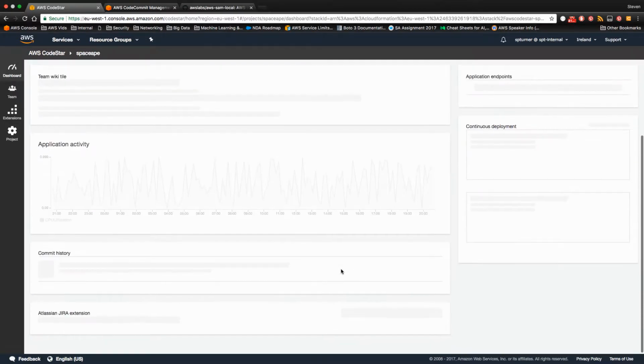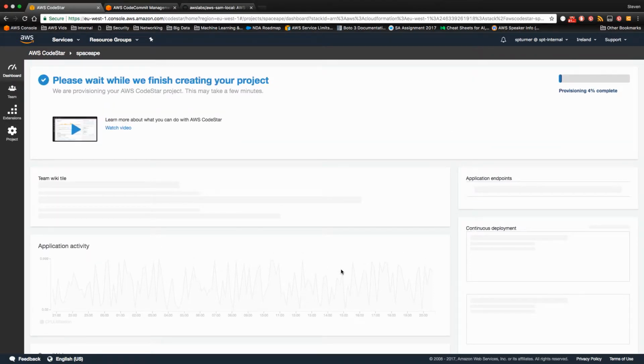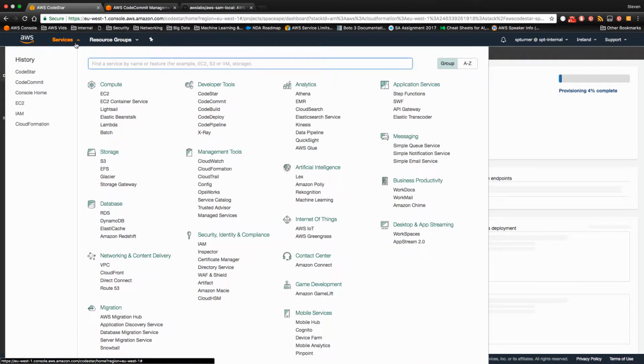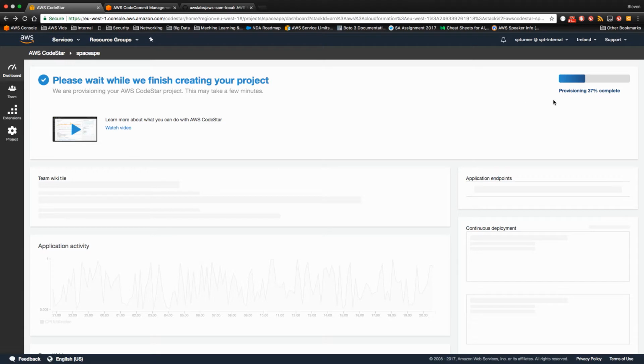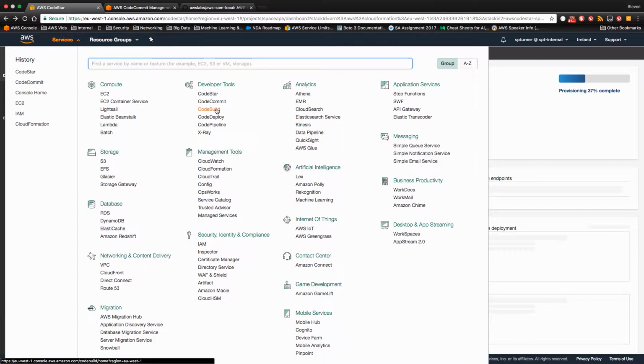And I'll just show you a few different elements in terms of what it actually comprises. So going back to the services, we have CodeCommit, which I mentioned before. This is effectively an AWS hosted Git repository. And on top of that, we're almost there. On top of that as well, we've got things like CodeBuild, CodeDeploy, and CodePipeline. And these all come together to help you take that code from the initial source code area right through to deployment.